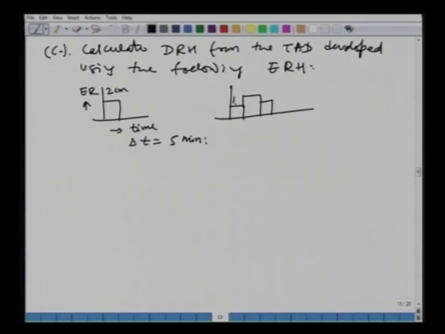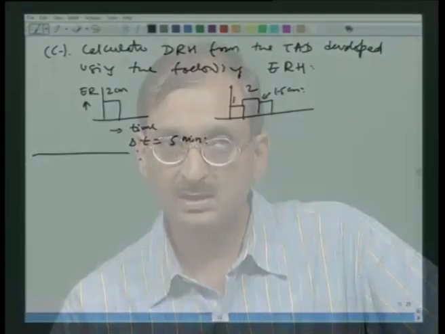let us say this is 1 centimeter, this is 2 centimeters, and this is 1.5 centimeter. Okay. So, what you do is you try to solve this problem, in which there are 2 effective rainfall hyetographs given to you. Okay. So, after having looked at this example, what we would like to do, the last thing in this chapter